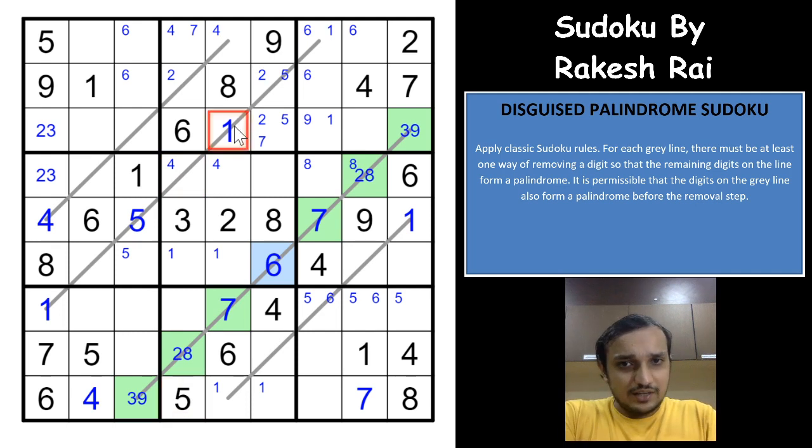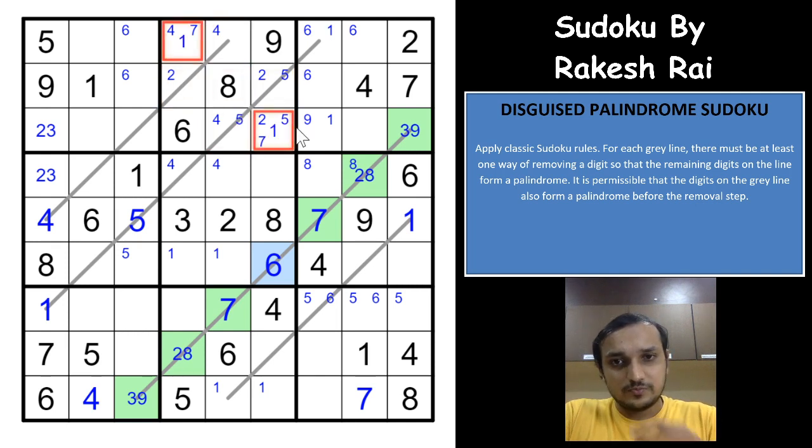And if this one is right, one of these two cells would have to have a 1. For this one to be right on the palindrome line, the opposite end also would have to be a 1, and this cannot be the 1 because you have two cells already here, and of course this cannot be the 1. One of these two cells would have to be 1, which is again not possible. An easy way to see that. So this cell also cannot be a 1, a very, very difficult one to see, which means that 1 in this box will all have to be in one of these two cells.